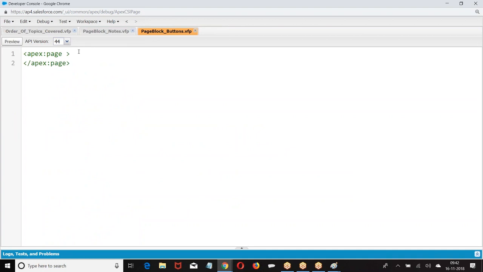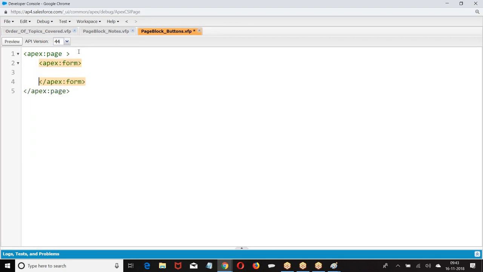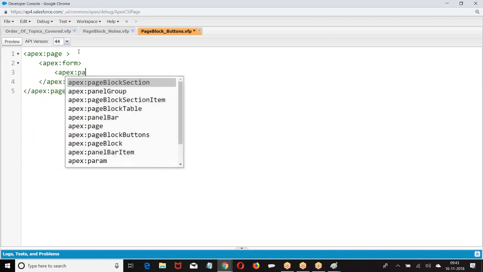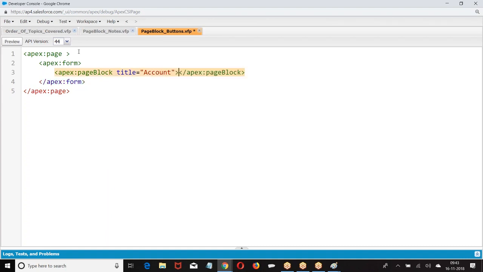We are going with page block buttons. What is this page block buttons? Look at the point. I have a form. I am going with apex page block, title, some message I am giving, account.